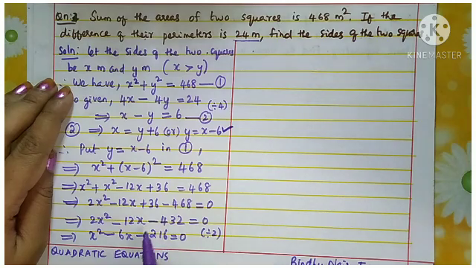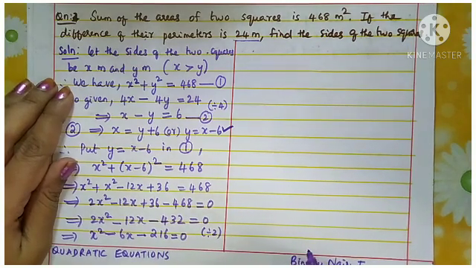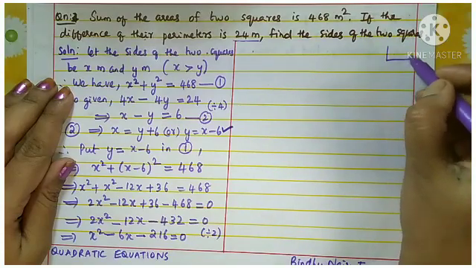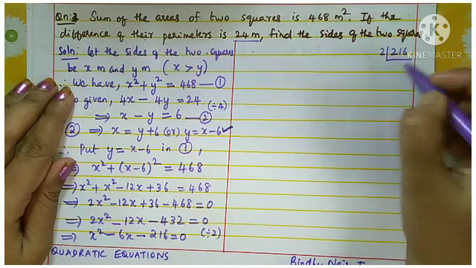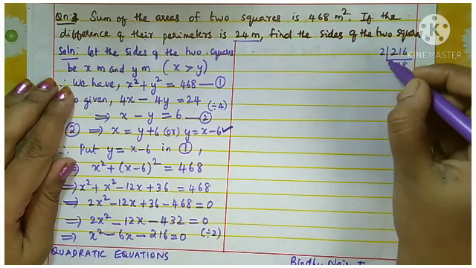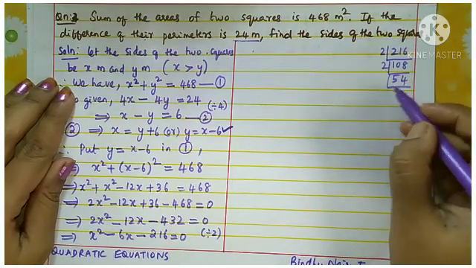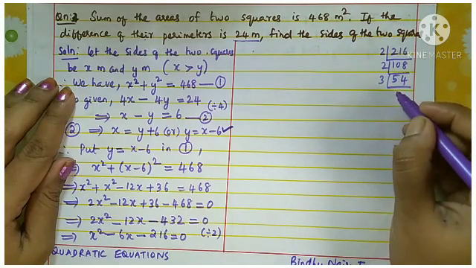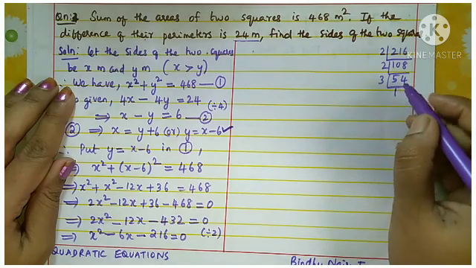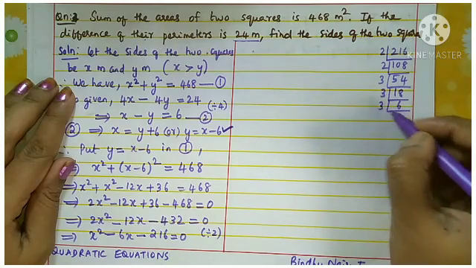So you know 216 is somewhat a bigger number. So I told you earlier, to find the factors of this type of bigger numbers, we want to do the prime factorization method. So for 216, for 2: 1 2 is 2, 8 2s are 16, then 5 2s are 10, 4 2s are 8. Then you can go for 3, 2 also is correct. Okay, you can write for 3: 1 3 is 3, 8 3s are 24, again 6 3s are 18, 2 3s are 6.